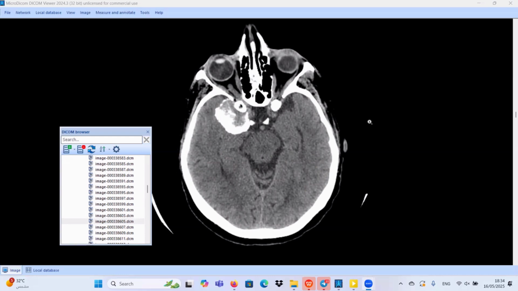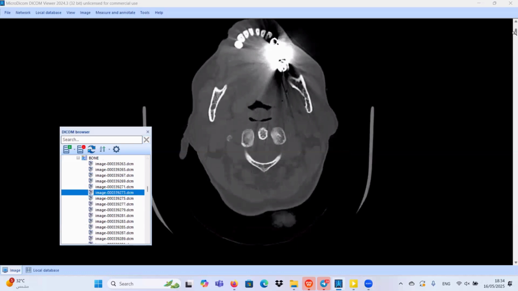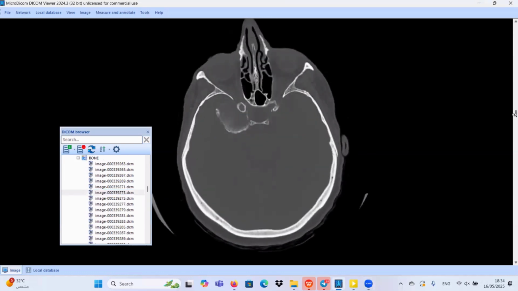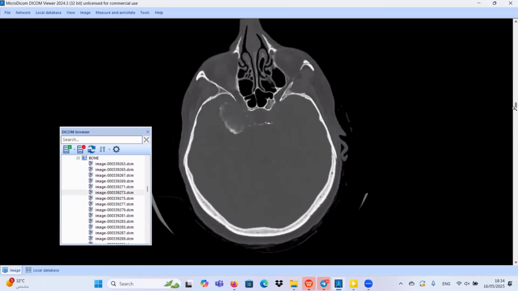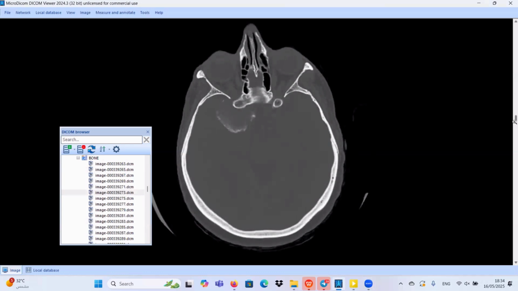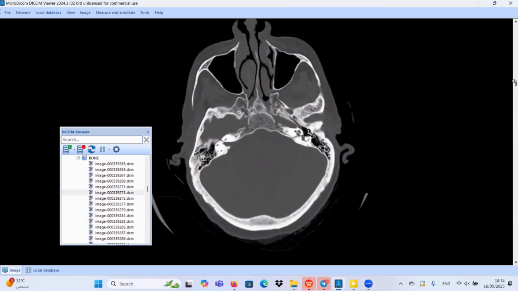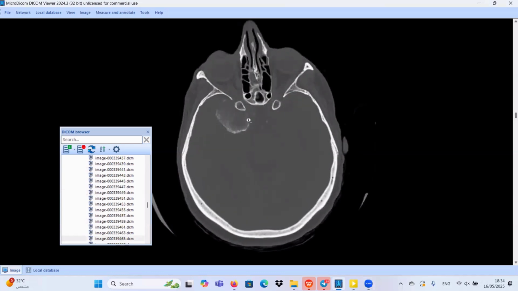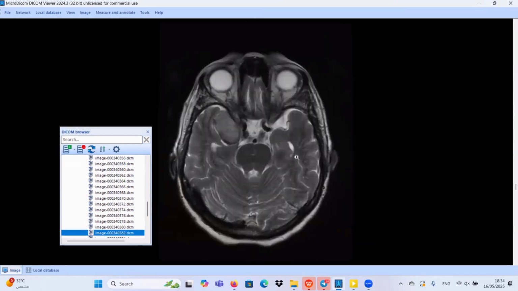We should search for any sclerotic reaction along the bone. It will be with meningioma. Let's check the bone window. We don't have any significant sclerotic reaction along the nearby bones. So let's go. We did an MRI study for the same patient, and as you see here, we have a very clear